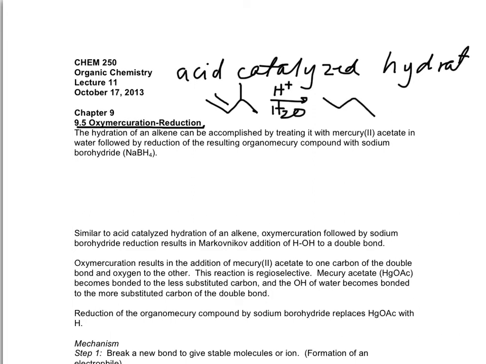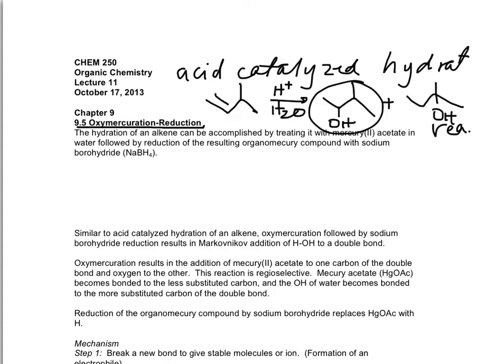And what we found is that at times we can get a mixture of products. Here we have the rearranged product, and here we have the unrearranged product. If we want to get an exclusive type of alcohol, we can sometimes use what's called